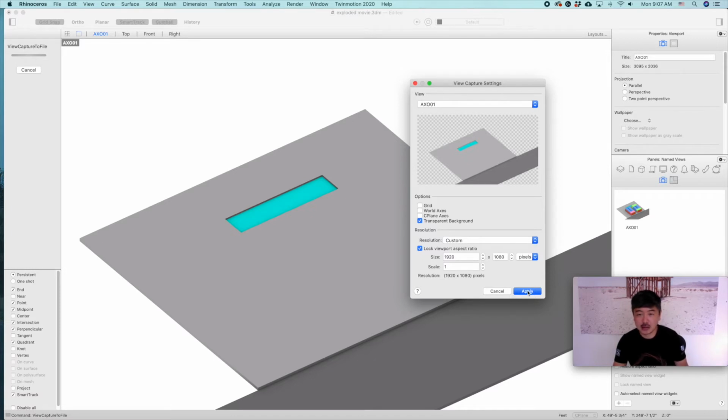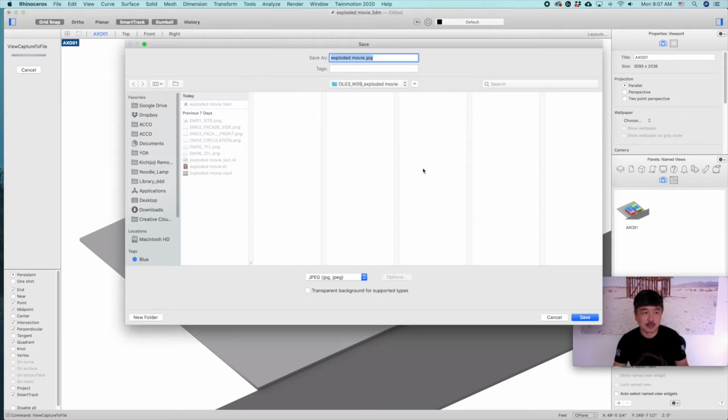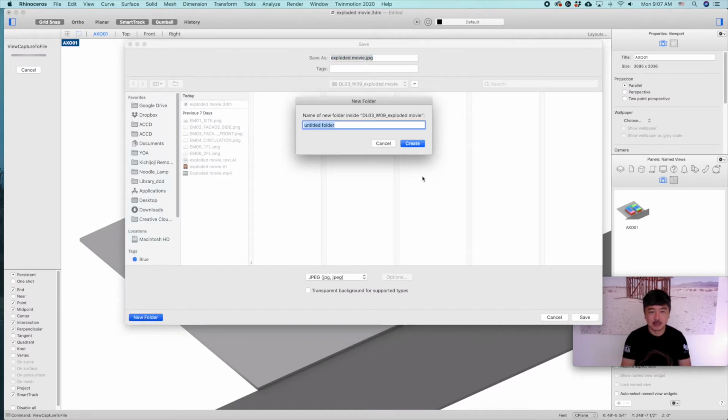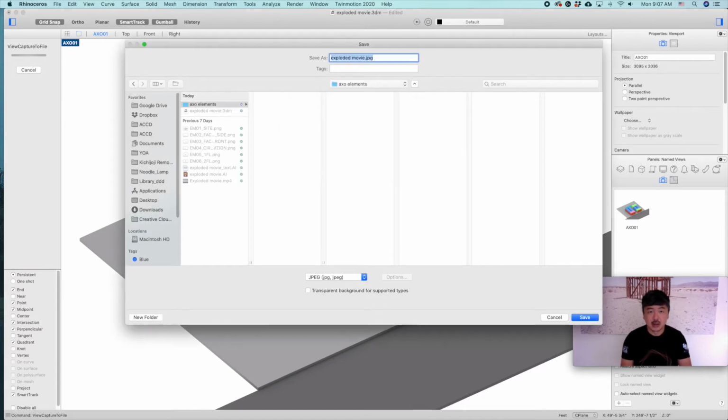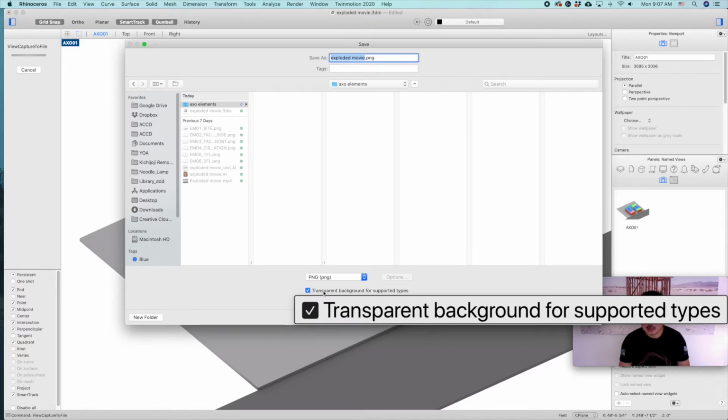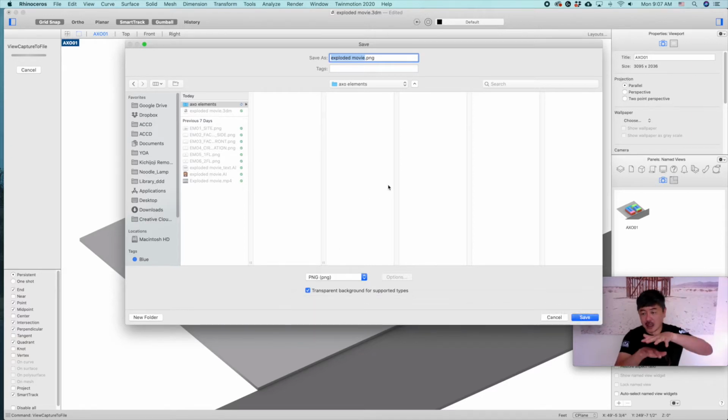Now you can hit apply, and then for example name it Axo elements, and then you have to export as PNG. This is very important. PNG is going to give you a transparent background, so that's why we can stack them. So we can call it Axo 01